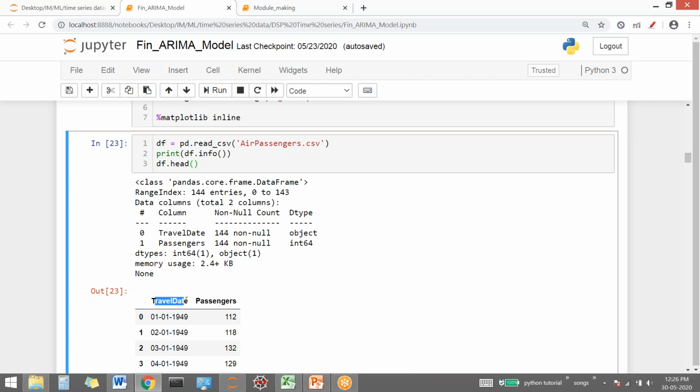Now travel date is a date column, but the data type is object. It means it is not of datetime type. So we need to convert it. And what is the second requirement? What is the second requirement? The very first was to have a datetime column. No, not stationarity, no Rupa. The target will be there, and that target is covered with the datetime. With respect to a date, we have a target.